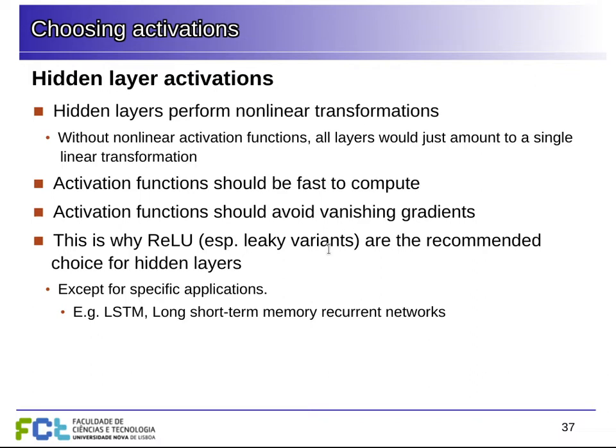There are some exceptions. For example, in some recurrent networks like long short-term memory recurrent networks, the nodes have very specific activation types, so these are more fixed and we cannot just change the activations. But for the kind of things that we're going to look at in this first half of the semester, this should be the general approach. In hidden layers, use rectified linear units. Some variants you can try, but if you try to use sigmoid activation and so on, you'll probably have problems